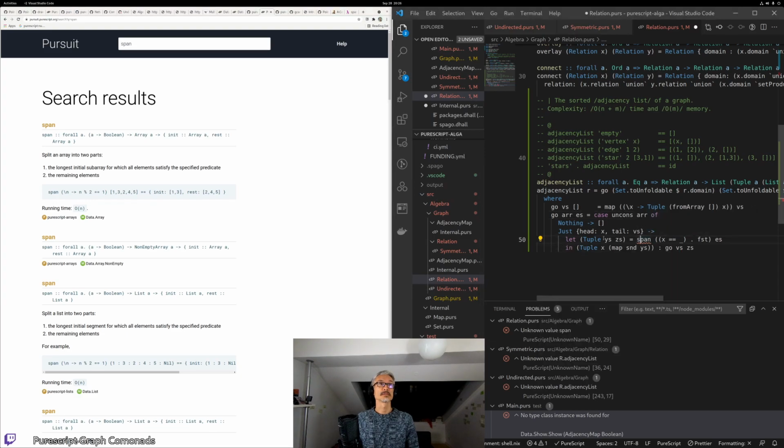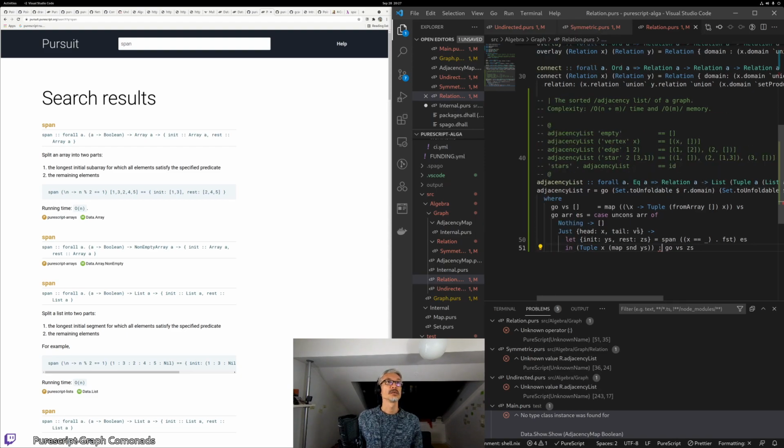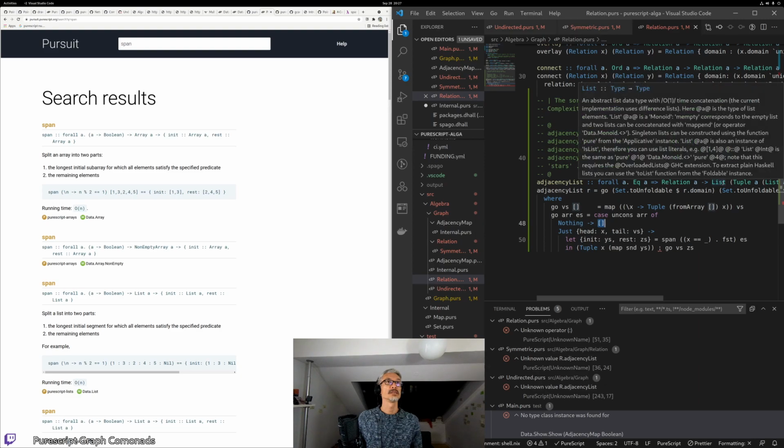So let's get span array, and let's deconstruct that into an init and a rest, and make sure it's a tuple. And I think in that case we can deal with that. All right, and that should be a list constructor. Yes, so actually that's also not going to be so happy because we want to build an empty list of